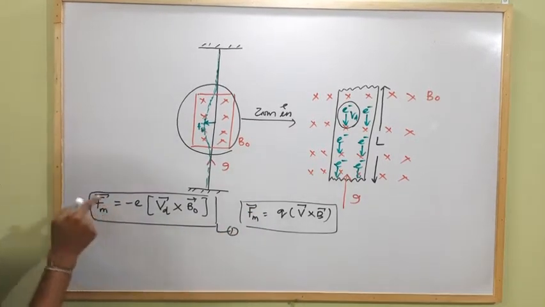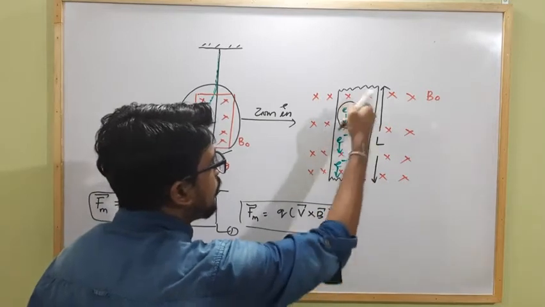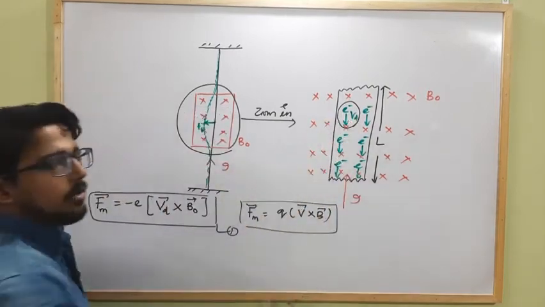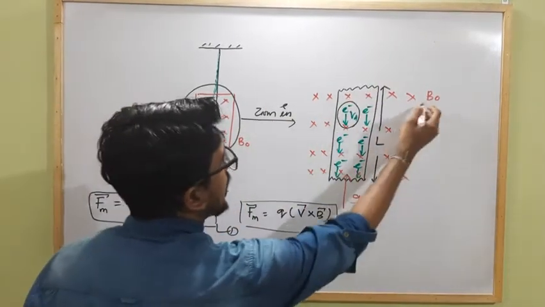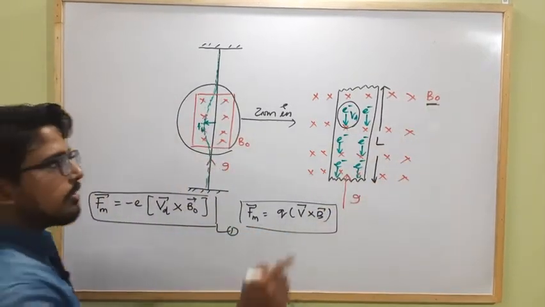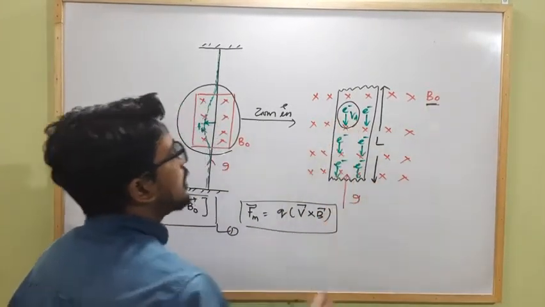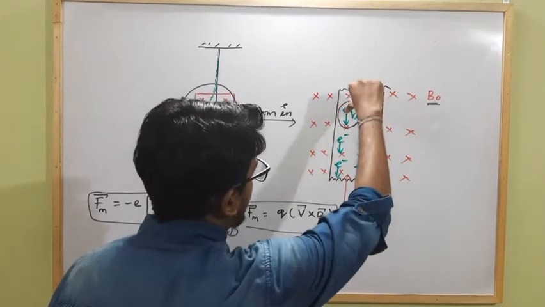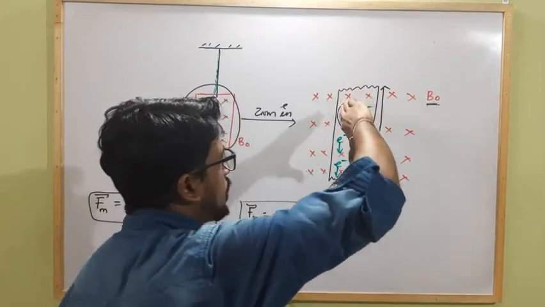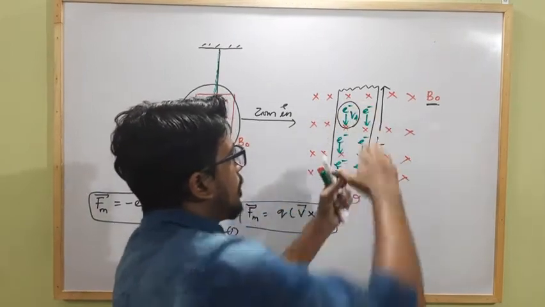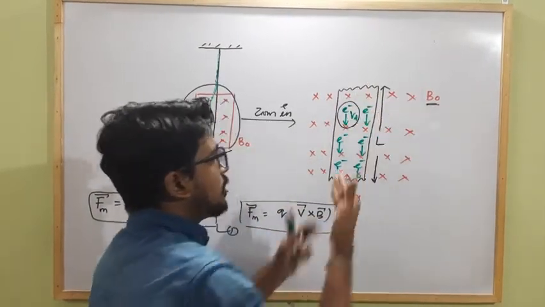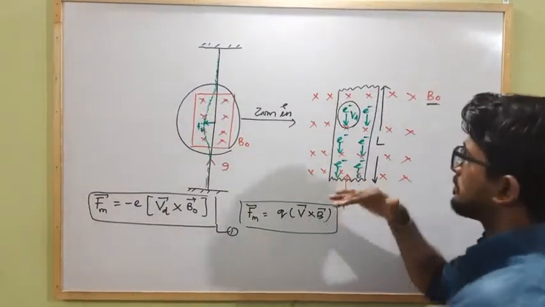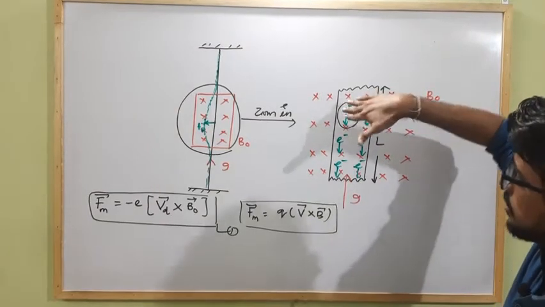So this is the force experienced by a single electron which is moving with a velocity equal to drift velocity in the opposite direction to that of flow of current inside the current carrying conductor, which is placed in an external magnetic field of strength B0. So a single electron which is moving will experience a force along which direction? By using the right hand palm rule. If the direction of velocity of the electron is downward, I am putting my thumb along the direction of velocity downward, and here the magnetic field is into the plane, so I am stretching my fingers into the plane. So the direction of force experienced by these electrons will be like this.